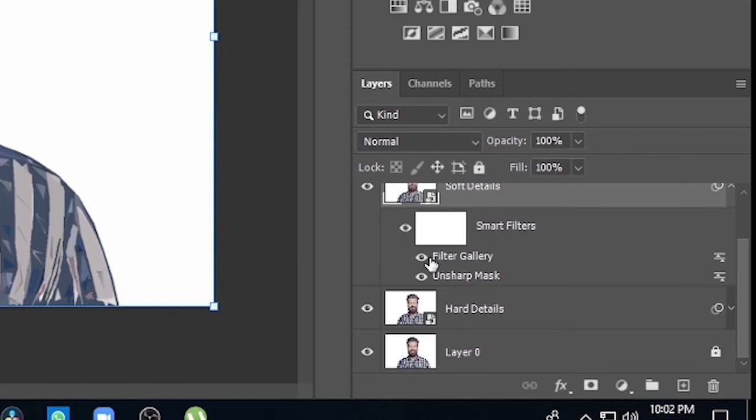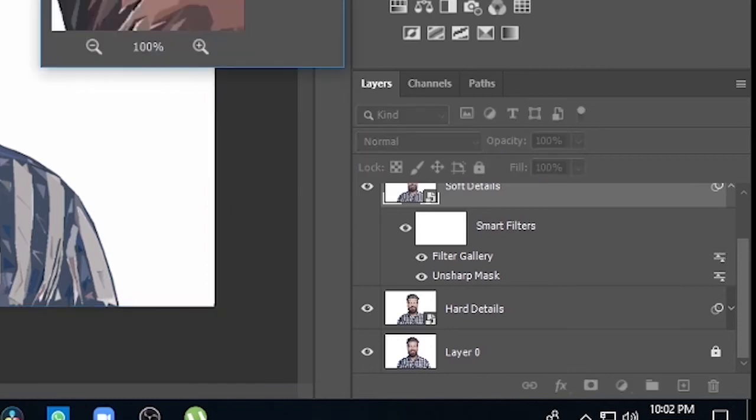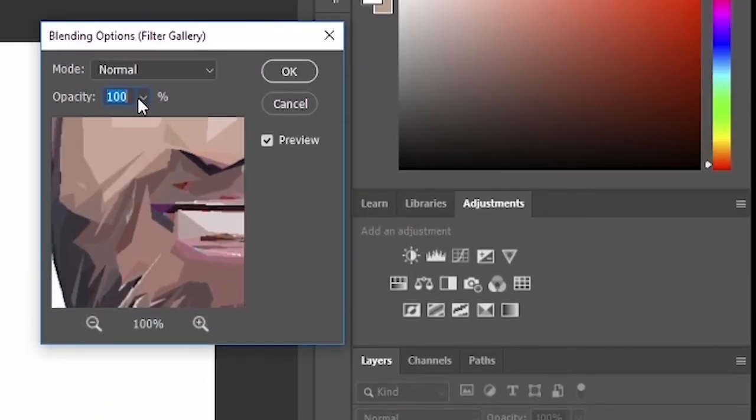So first of all, here we have the filter gallery that we added before. We can see here an option which is to adjust the opacity. Just hit it 2 times. You can see we can change the blend mode and we can adjust the opacity too. So just make it 35%,